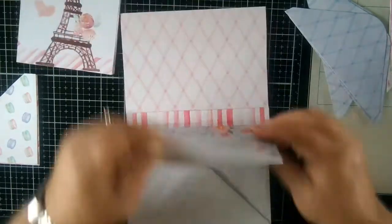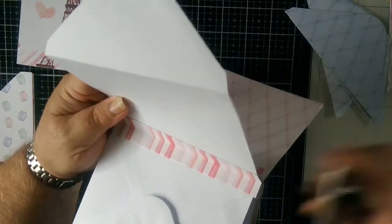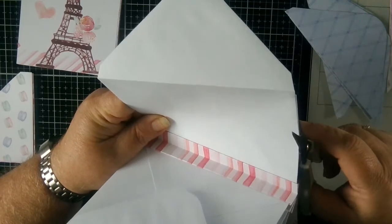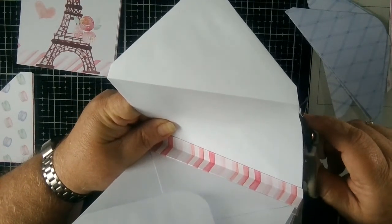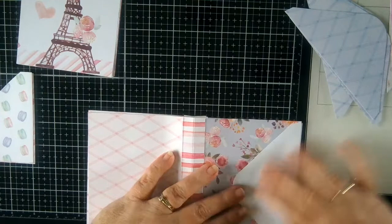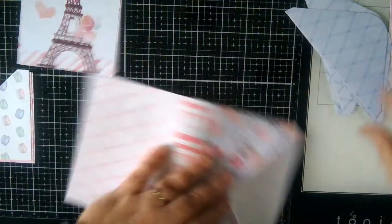And if it overhangs just a little bit, take your little scissors, come right up the side. Just be careful not to cut the envelope, and trim off that little bit. And if you got a little white showing, by the time you pull that flap over, you're never going to see that. And what I did with the flap,